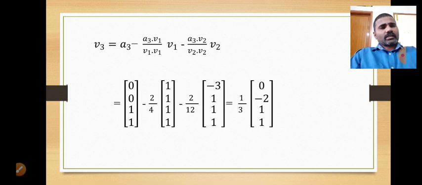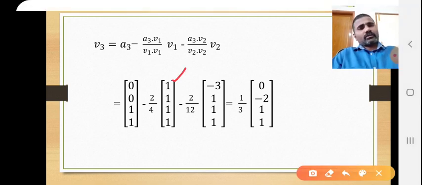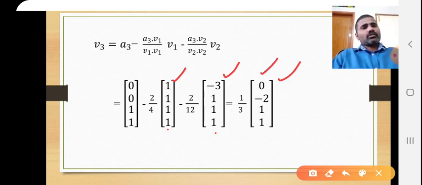Now we have to cross check whether this is perpendicular to V1 and V2 or not. This is V1, this is V2, and this is the newly found V3, and we have to check whether all these are perpendicular or not. We may not consider the common constants. Already these two are perpendicular. Now this is perpendicular to the remaining two: minus 3 minus 2 plus 1 plus 1 plus 2... it will be 0. These two are perpendicular, and clearly these two also.